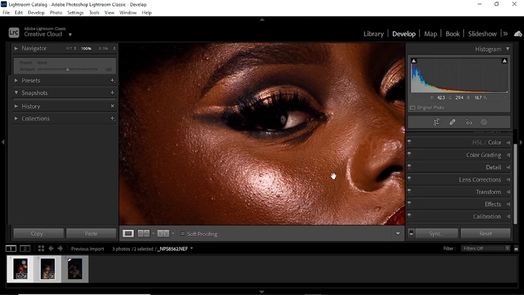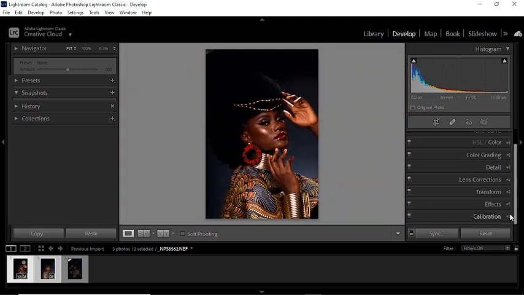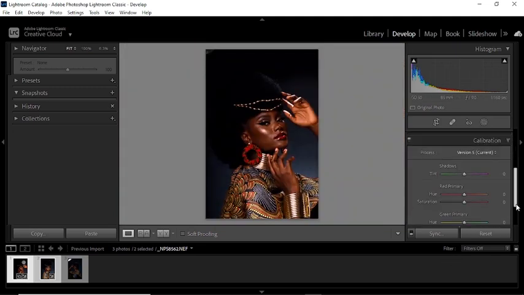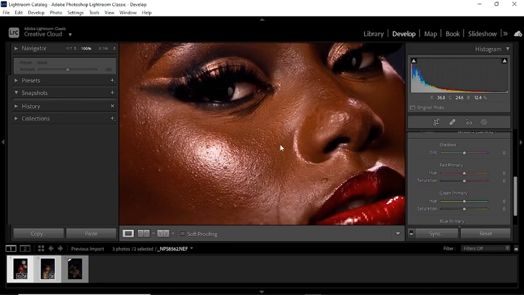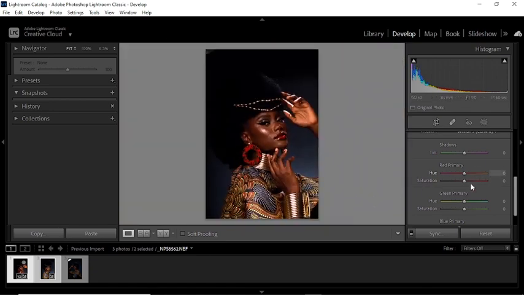So on to the next one, which is calibration. Now this is the reason why I'm using Lightroom over Capture One. I like Capture One. I prefer Capture One because Capture One has a layer system, but this is one powerful tool that I like. So what this does is